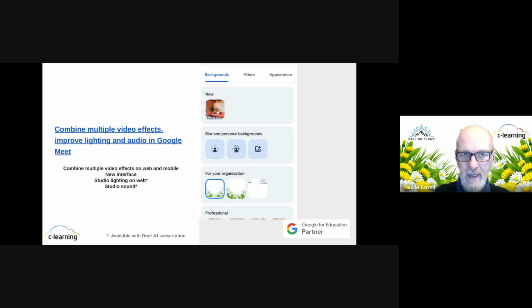So if you've got Duet AI and you've got those functionalities, if you're doing Google Meets out to the public, doing live streams and things, the fact that you can do better quality sound and better quality lighting is a good thing. It just means that you've got a better final product when it eventually goes out as a live stream and so on and so forth. But like I say, two of those with the asterisks are available to Duet AI,